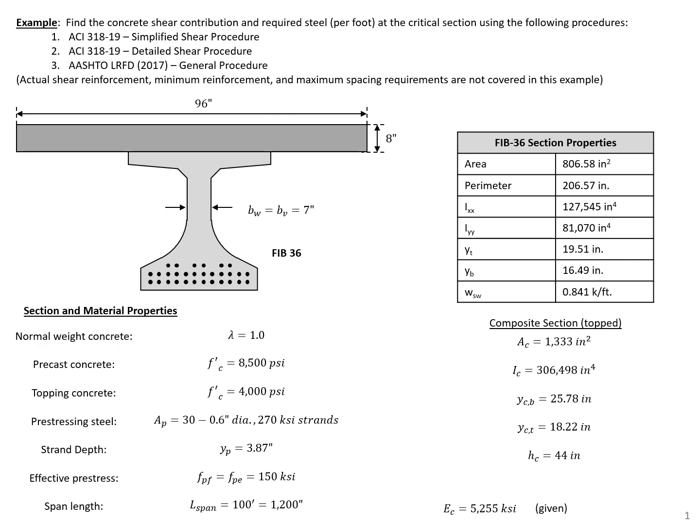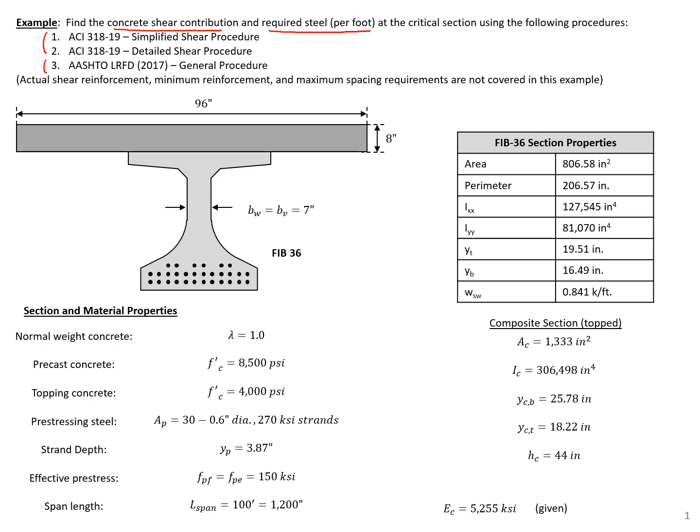In this example problem, we're going to find the concrete shear contribution and the required steel per foot transverse shear reinforcement at the critical section using the following procedures. We're going to use the ACI 318-19 Simplified and Detailed Procedure, and then we're also going to use the AASHTO